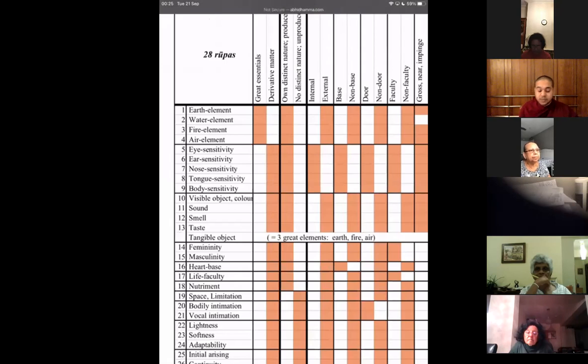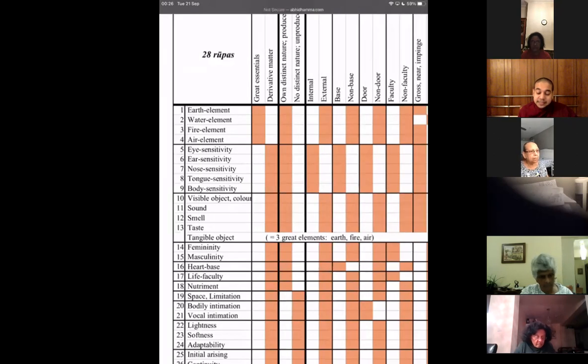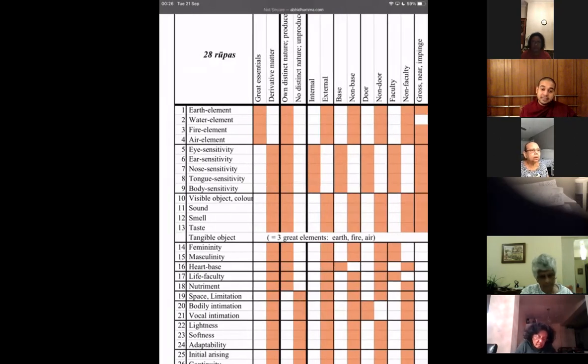Now, for example, masculinity and femininity is also clear, right? There are clear positions when we have the masculine attribute, when we have the feminine attribute. However, life faculty, why is it an Indriya here? Because it takes precedence over the fact of continuity and life itself. Life, yeah. Right? Thank you, Chamari. And the rest are not faculty.